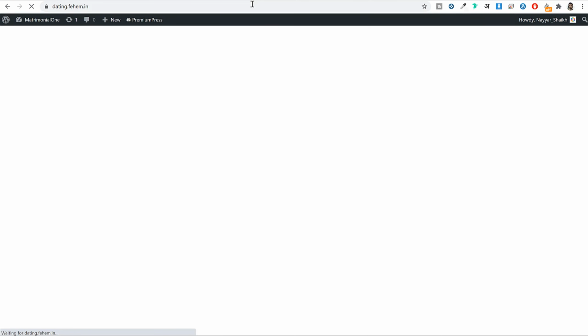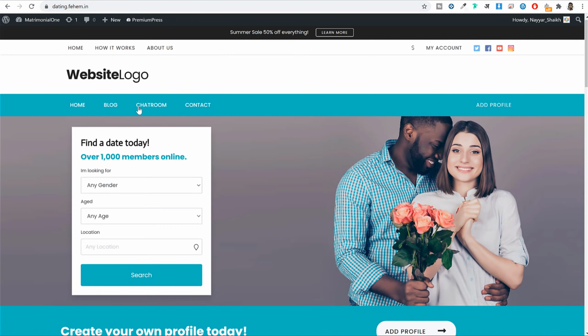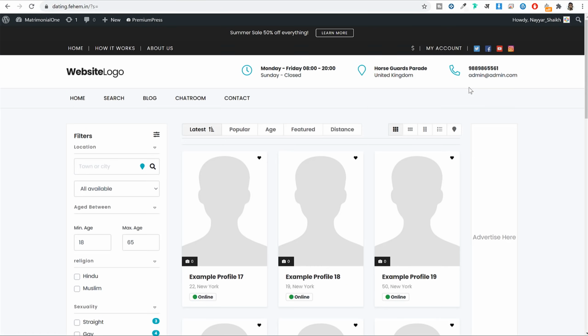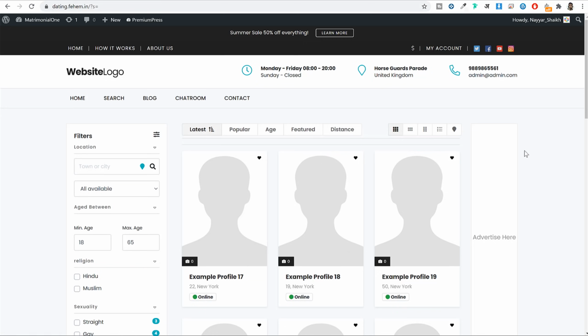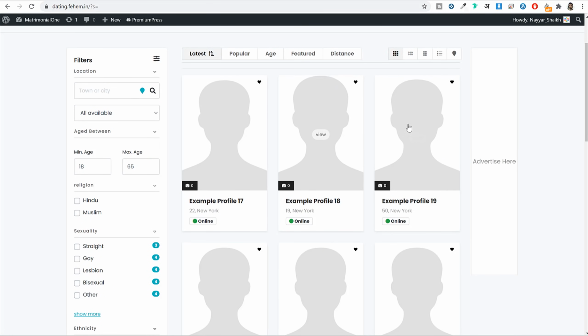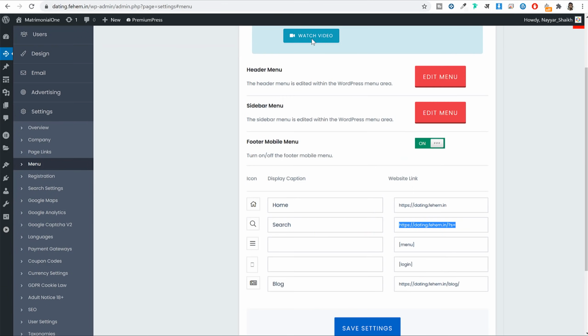If I again come back to this page, refresh it, and let me refresh it again. Okay, now as you can see, we have this search option. If I click on this thing, I'll be redirected to this search page, which is this page. And now as you can see, this is grid, which was not happening earlier. If you remember, when I was trying to refresh this page, it was still showing list. Now because some time has passed, now I can see this design. So this is how this thing again works. Again, come back to this page.